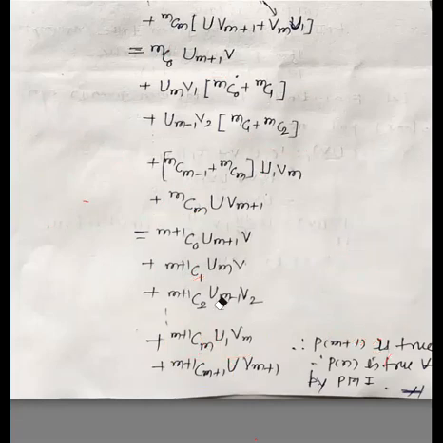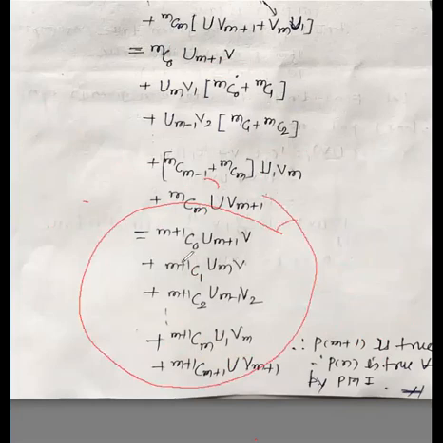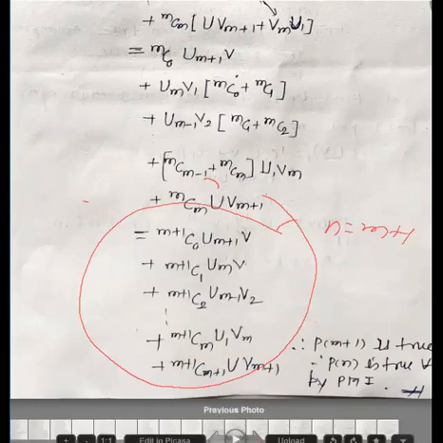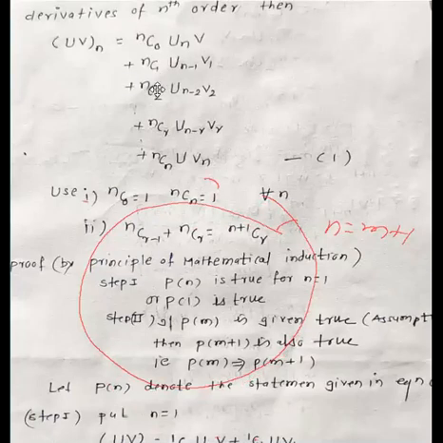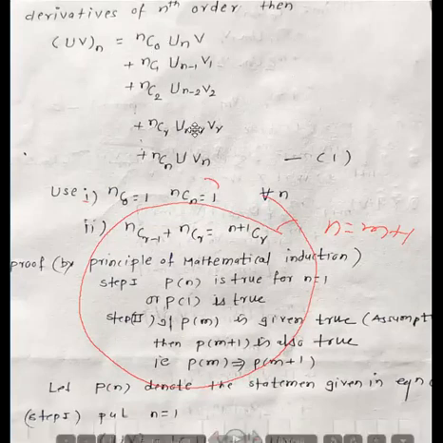Now, what is the meaning? What is this statement? It is the Leibniz statement for n equal to m plus 1. Let us see the statement again. This is the Leibniz statement: nC0, nC1, nC2 up to nCm. The same statement we get for n equal to m plus 1. And it starts with u suffix n and it ends with u0.